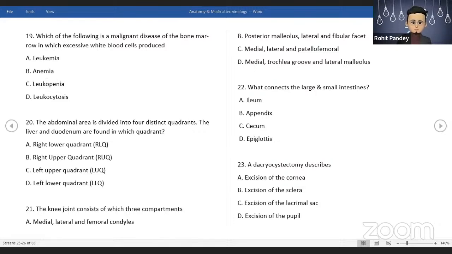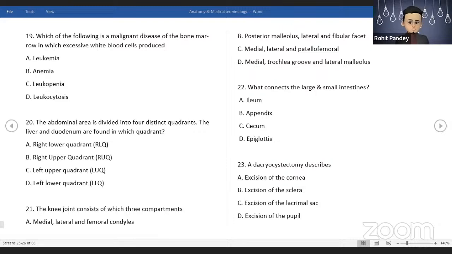Leukemia is like cancer. Leukemia is like a malignant disease of the bone marrow in which excessive white blood cells are produced. Okay, so I'm going to tell you more about leukemia from Google. Okay,